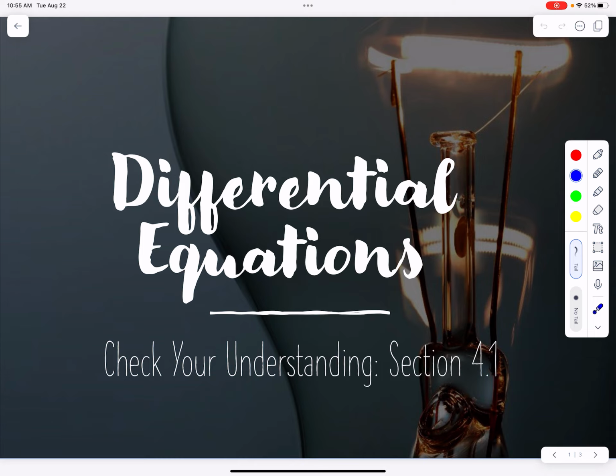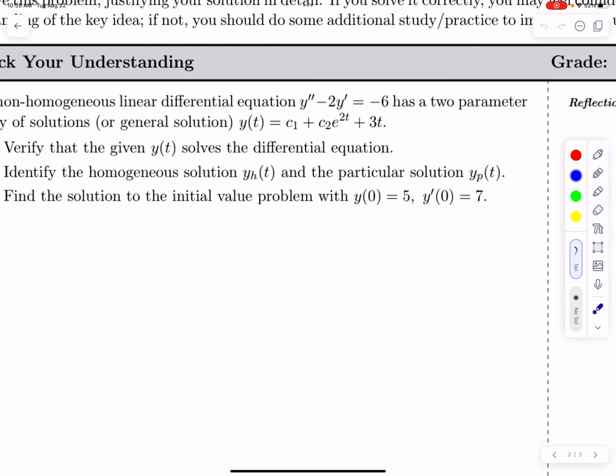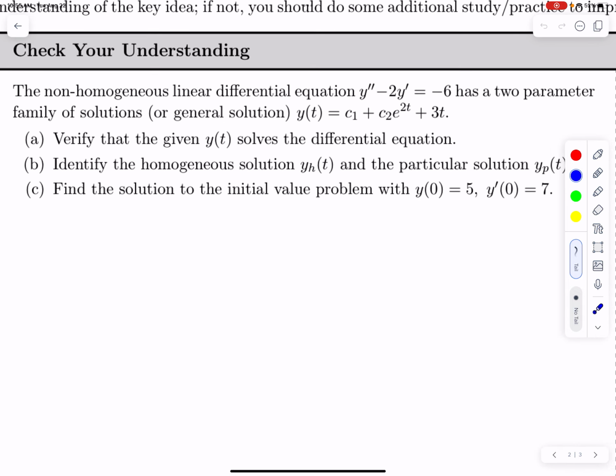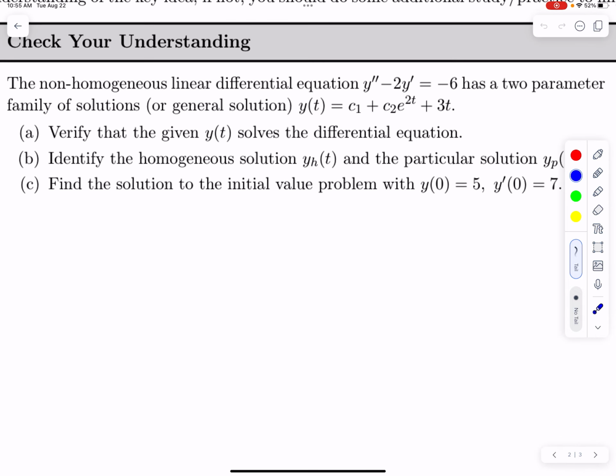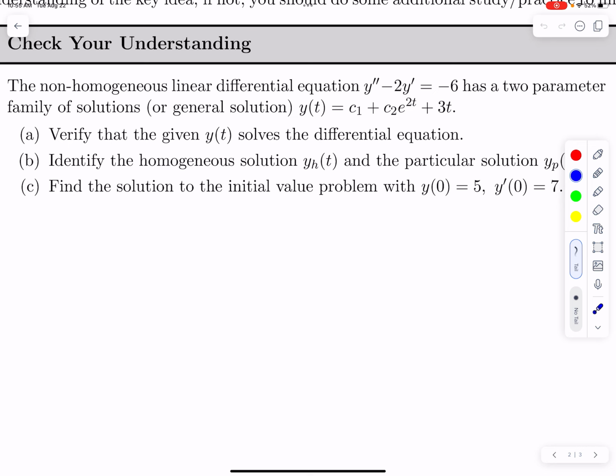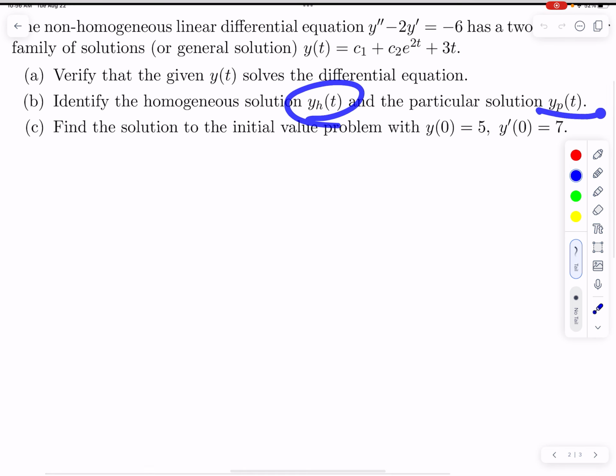We're in section 4.1 this time, and section 4.1 is all about solving non-homogeneous linear differential equations like this one right here. They're basically giving us the solution to the differential equation, and they have a couple questions. First, verify the solution they gave us solves the differential equation. Identify the homogeneous part and the particular part of that solution, and then solve this initial value problem with initial